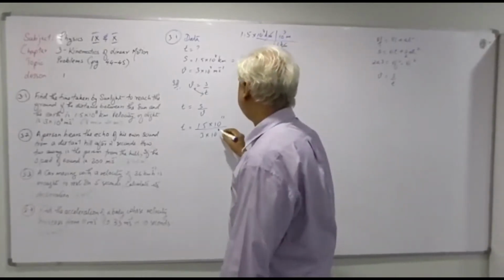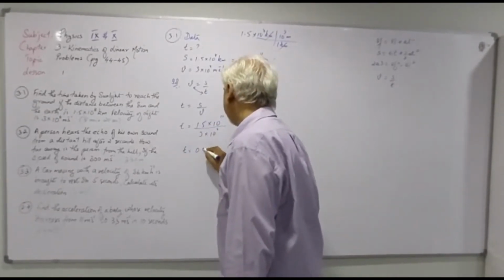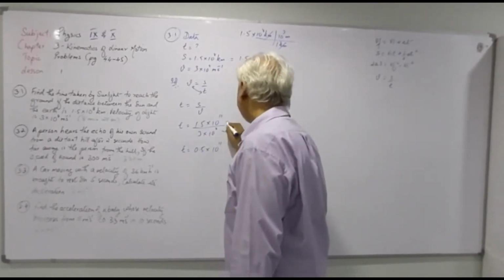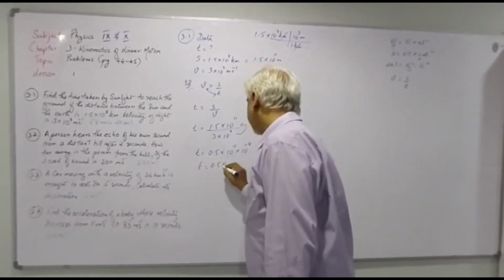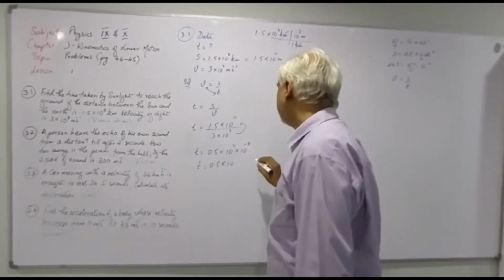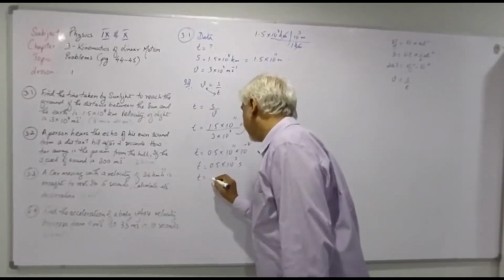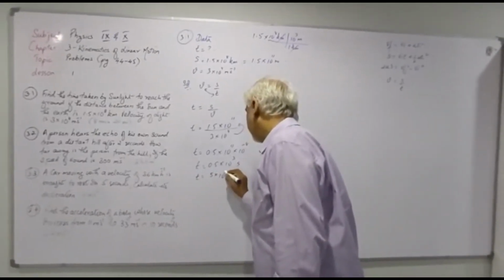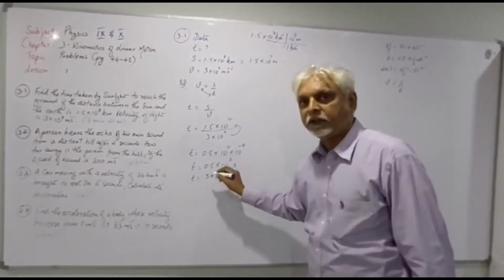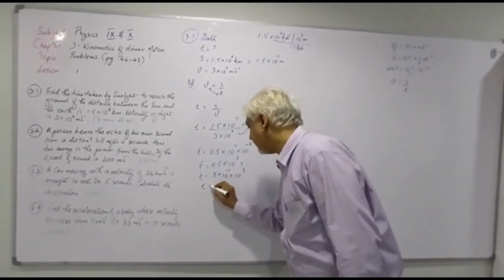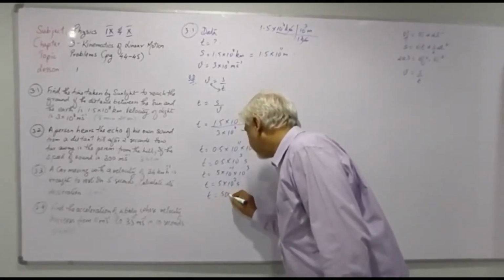Now, divide 1.5 by 3: 3 fives are 15, so 0.5 times 10 to the power of 11. Bring 10 to the power of 8 on top, as 10 to the power of minus 8. Hence, time is equal to 0.5 times 10 to the power of 11 minus 8, which is 3. This is in seconds, or we could put it down as 5 times 10 to the power of minus 1 times 10 to the power of 3, because 0.5 means 5 over 10, and you take that 10 on top, it becomes minus 1. Hence, time is equal to 5 times 10 to the power of 2 seconds, or 500 seconds.